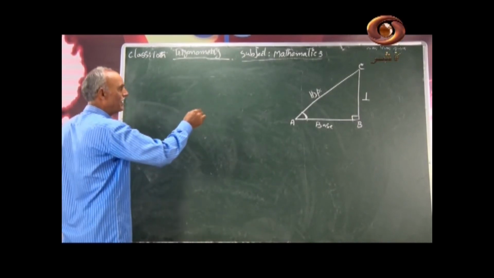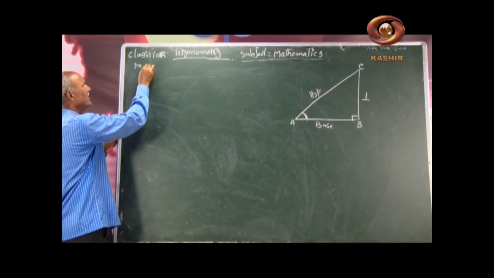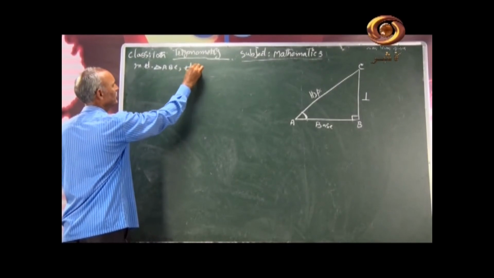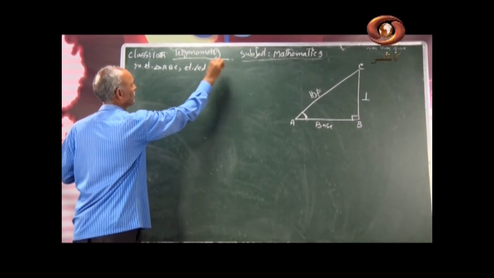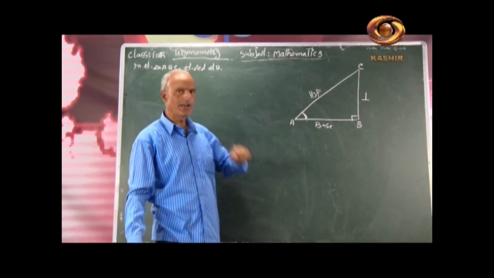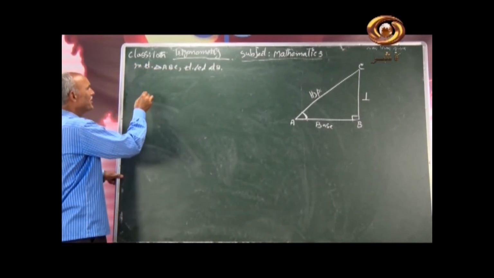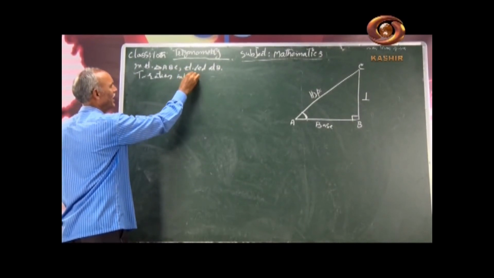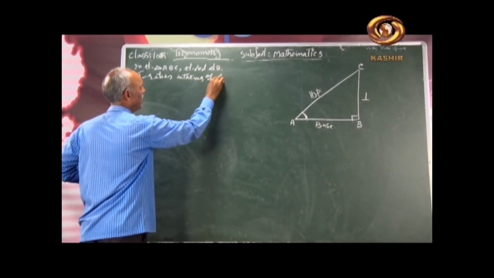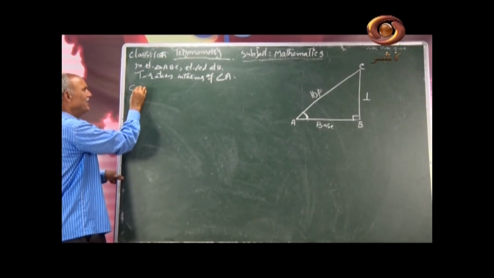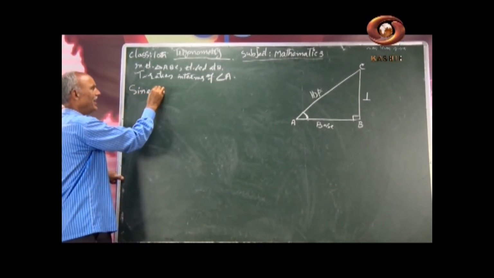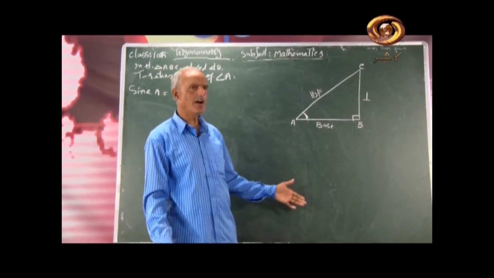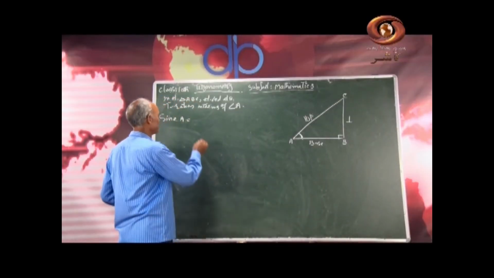Say we write in right triangle ABC, right angled at B. If we talk about acute angle A, we will say trigonometric ratios, or T ratios, simply means trigonometric ratios in terms of angle A. We write sine, actually S-I-N-E, sine of the angle A. Sometimes we denote these interior angles by theta, phi, etc., or simply by A, B, C, D. So here we write this angle by A.